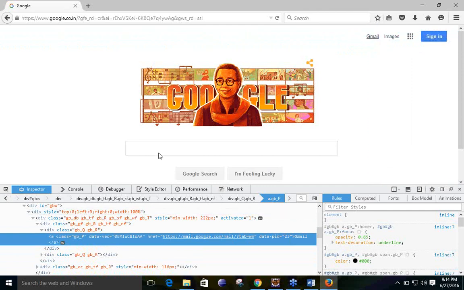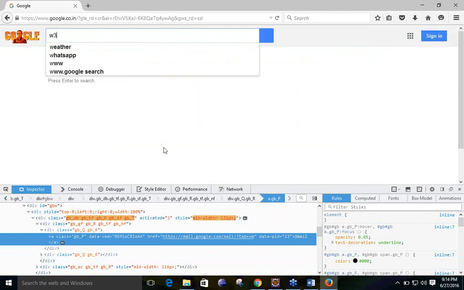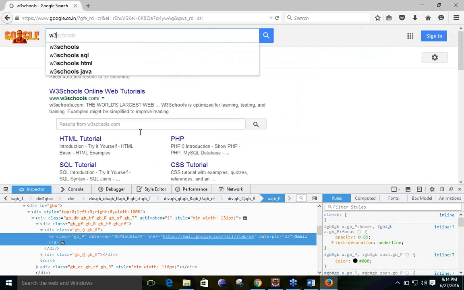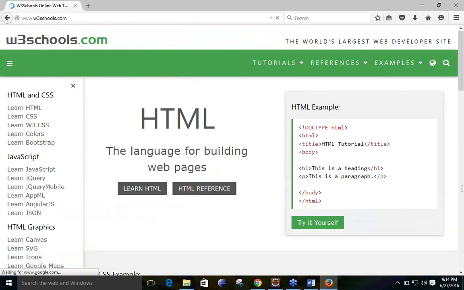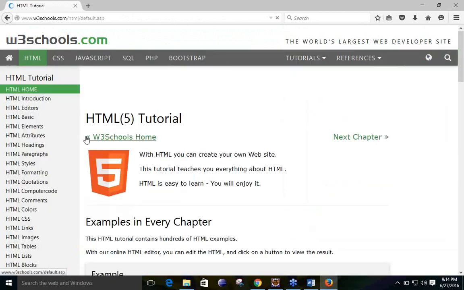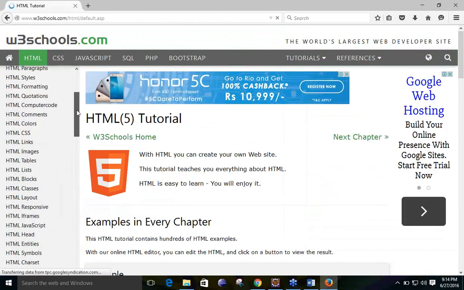Just type in Google W3 School. You can see W3 School will come. Yeah, I'm aware of this. Yes. So here, if you want to learn HTML, click on this one. These are the different things in HTML. You can see for HTML links what the syntax could be.